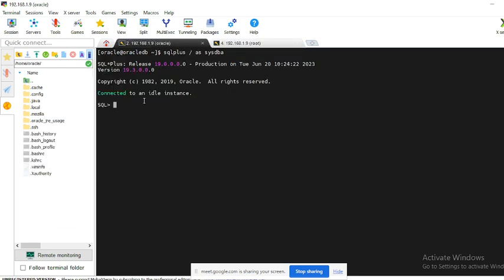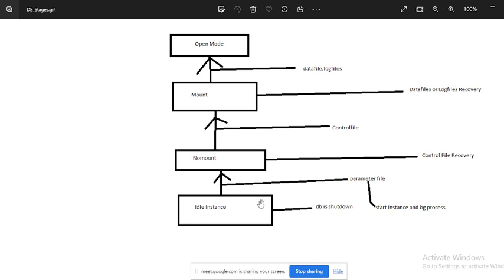Our database is connected on the idle stage, and as I said, we can create the P file and SP file on an idle instance. Either we can create it on the nomount stage, or we can create it on any stage, if we talk about the parameter files only. But it is required when we start the database. Our database is in idle stage, and when we start the database and it goes from idle to nomount, at that time it will look for the parameter file.